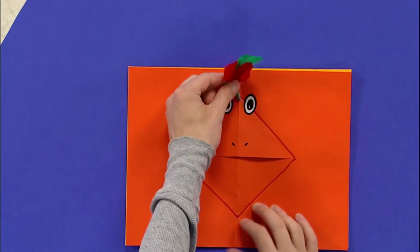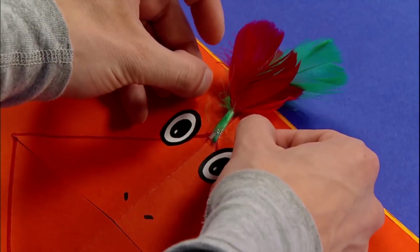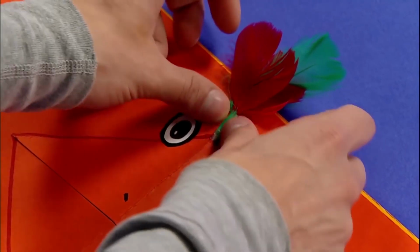How about some feathers? So I just took a few feathers, bunched them up with tape, and now I just find where I want to put them. That looks like a pretty good place to add the feathers. And then with some tape, tape it into place. Now I'll add some more feathers, but this time I'll make a beard, a big old